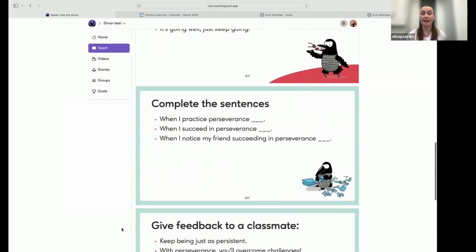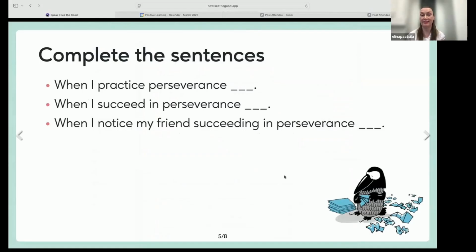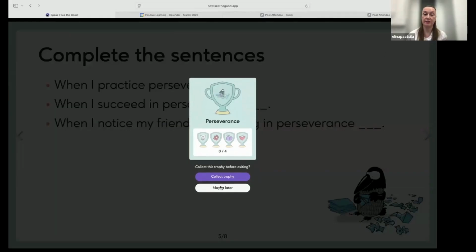Then there will be some exercises, and I would recommend you to have a notebook, perhaps, for your students, a strength notebook, so that you can do, for example, this kind of exercises also in writing. You can do this in groups or in pairs, but I also think it's a good way to do some of these in your own notebook, so that you also have documentation.